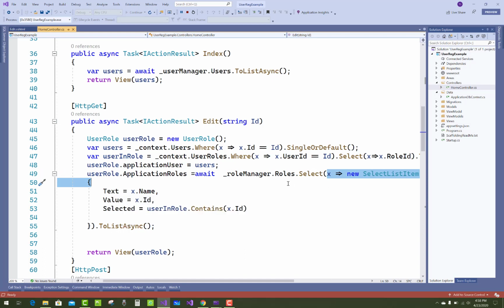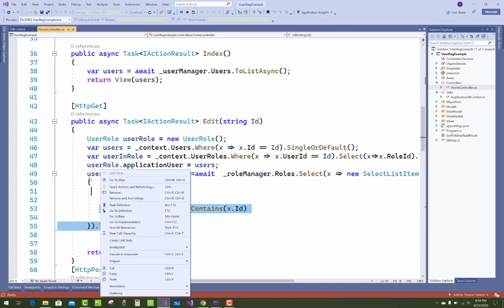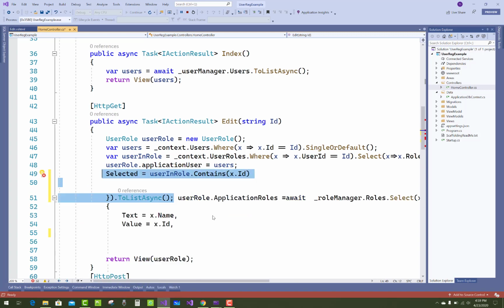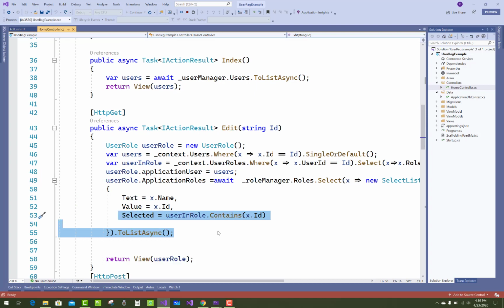The x represents the roles, so role.Name, role.Id, and selected: if the list of user roles existing in the database table contains x.Id, then return true to selected. That makes a list of the user class.